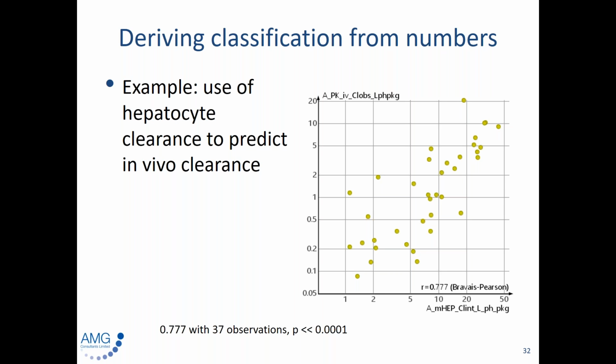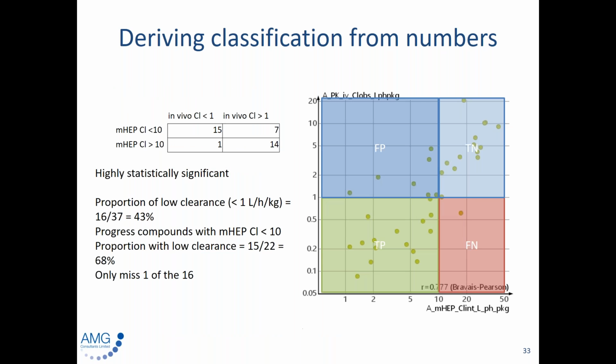So on the y-axis, we've got the in vivo clearance. On the x-axis, we've got hepatocyte clearance. The hepatocyte clearance has been scaled to the same units, liters per kilogram, and you can see it's a reasonable scatter plot. And in fact, with a correlation line like that with R of 0.77 with 37 observations, that's very statistically significant. Okay, and you can see that if you start to draw a cutoff at